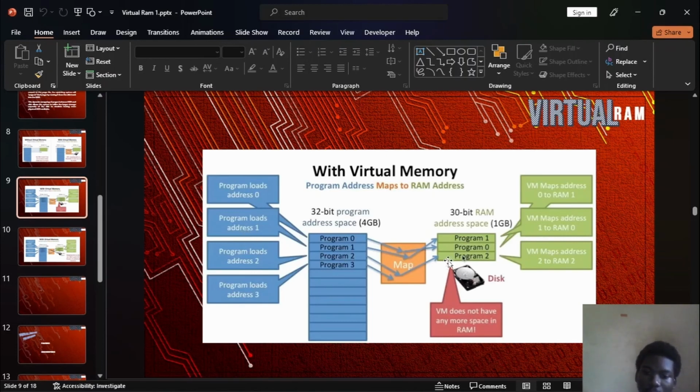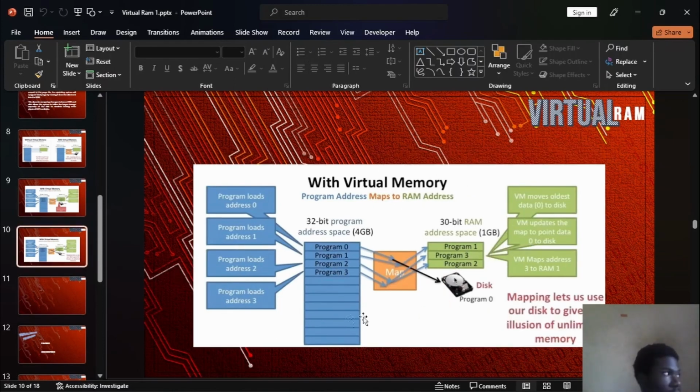Loads address 1 is being mapped to the RAM. Loads address 2 is being mapped to the RAM. Loads address 3 is being mapped. Since program 1, 0 and 2 have made the RAM full, now there will be no space for program 3 to go on the physical RAM. So at this point, the virtual memory technique will take a program which is